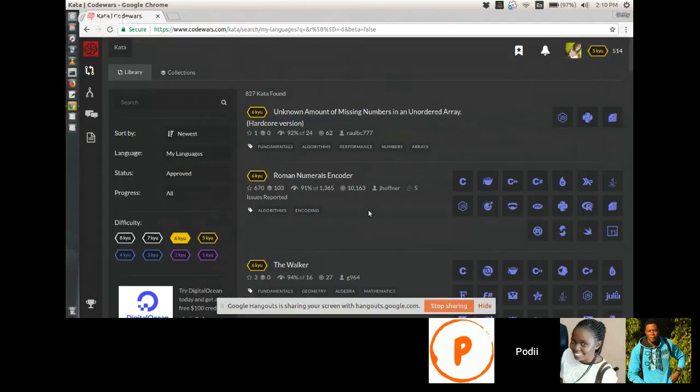Unknown amount of missing numbers in an ordered array. Hardcore version. Oh, we start with this one. Let's brace ourselves.